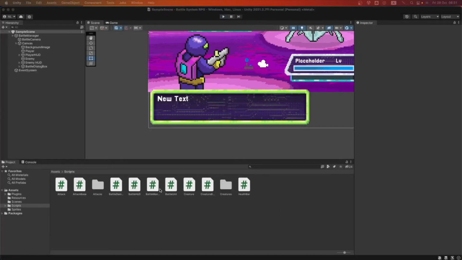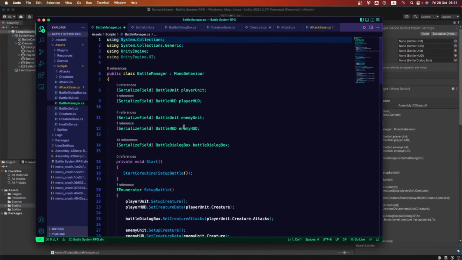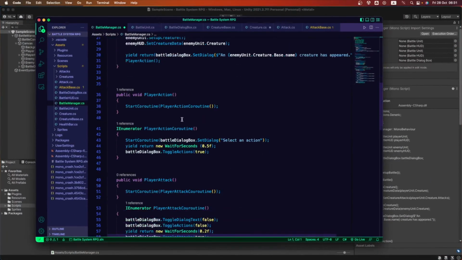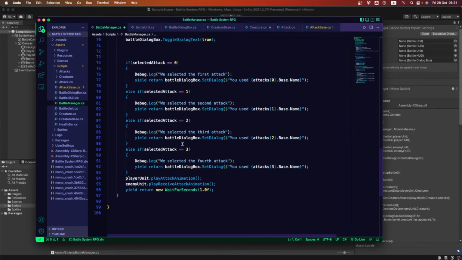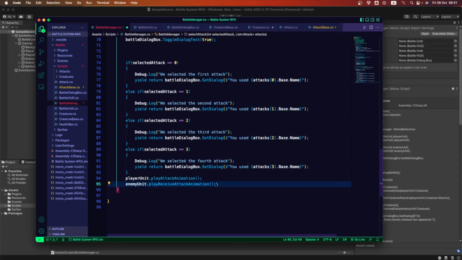Okay, so let's fire up our battle manager again. There it is. Let's go back down, and we want to implement what happens after we do our attack. We want to implement it right here. Okay, so I'm going to erase this line, and we're going to write it together. After we perform the animations for attacking the enemy and the enemy receiving damage, we want to wait a bit. We don't want to go immediately into the attack of the enemy.